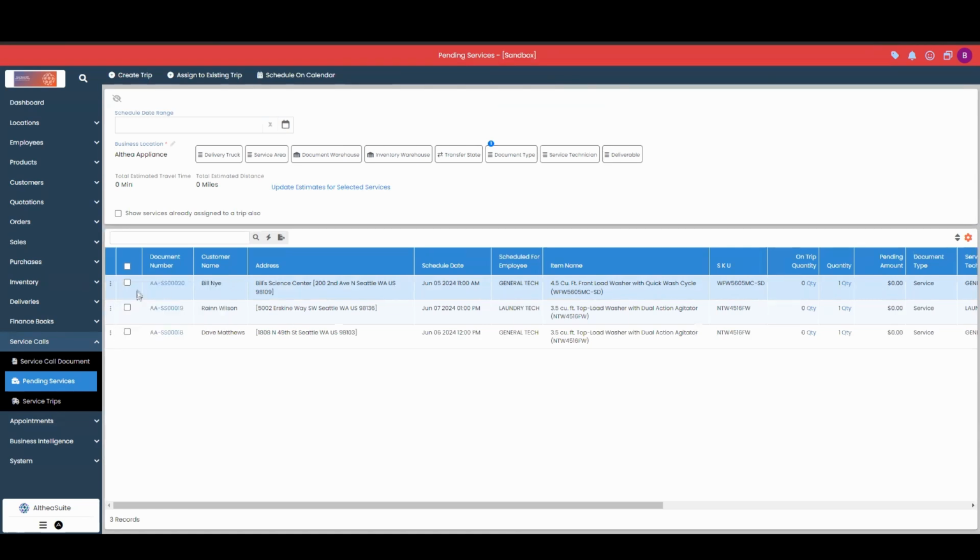Another thing that we can do is we can select one of these service calls and throw that onto a trip. Now we can have different service call trips that correlate with a specific service call truck, and then we can kind of manually dictate when that truck is going to be leaving and when it arrives to our customer's address. The next section over here is the actual service trips. So once I check this box and create a trip,